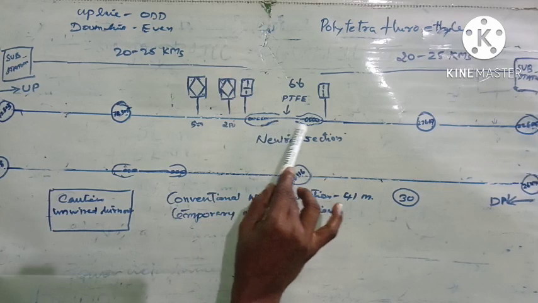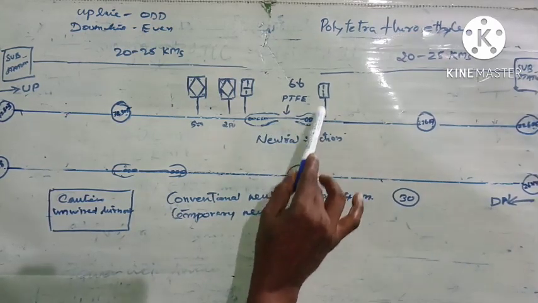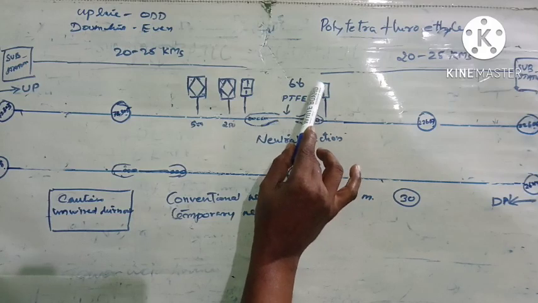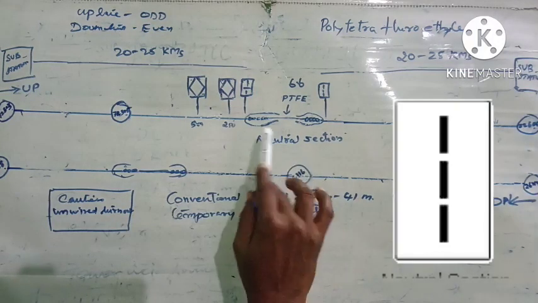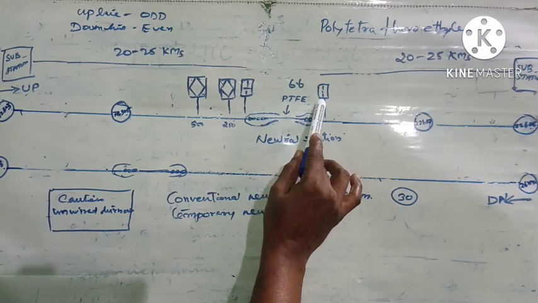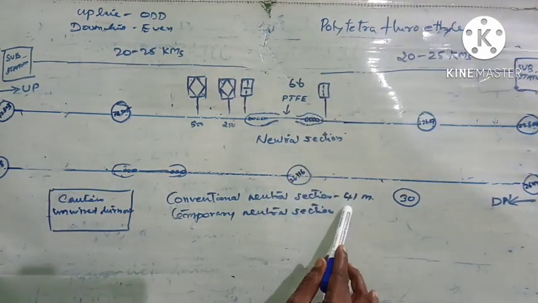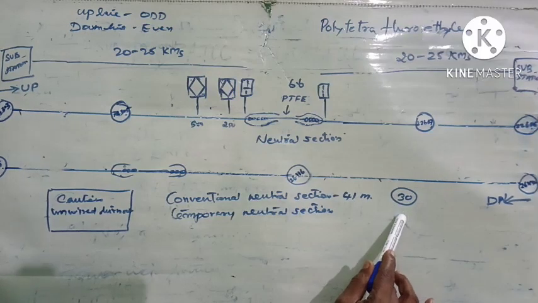Then on reaching here, after the neutral section, on the first mast there will be a board like this, which shows that he can switch on the power, that the neutral section is over, loco pilot can switch on the power. As I told earlier, which is a conventional neutral section, the speed of the train should not be less